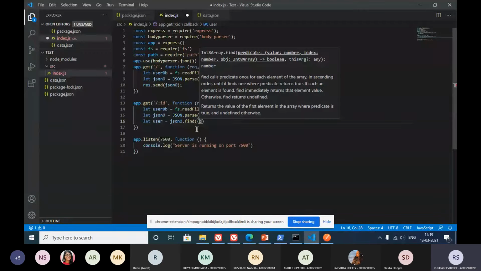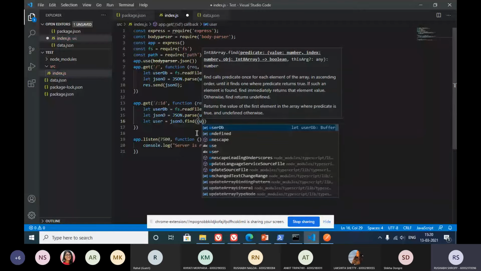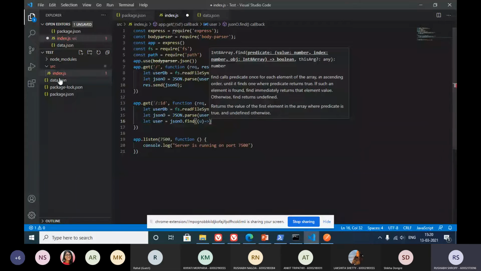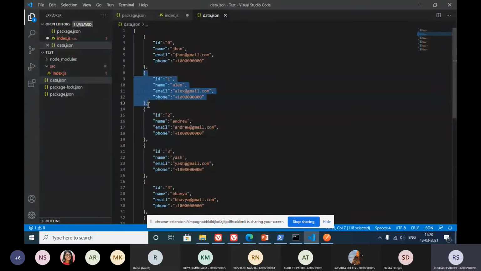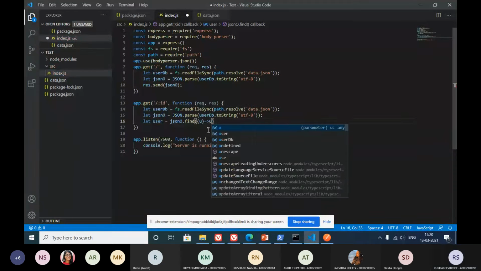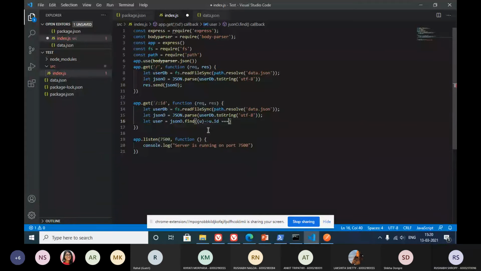So let's say we create an arrow function with, let's say, u as a parameter. So u is a parameter which is going to be a particular object, and one by one we'll be receiving them inside this method. And then we have to check whether we want to return this or not, like is this what we are looking for. So now we can say u.id, if it's equal to, triple equals to,